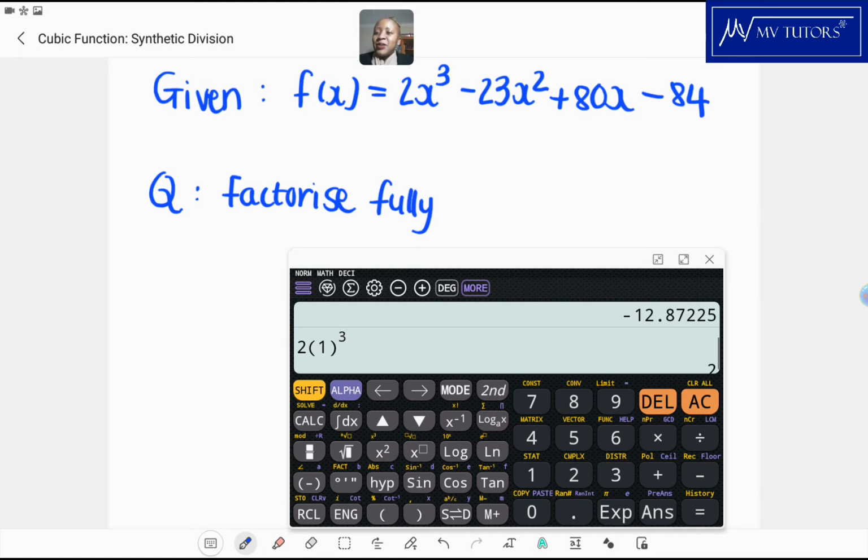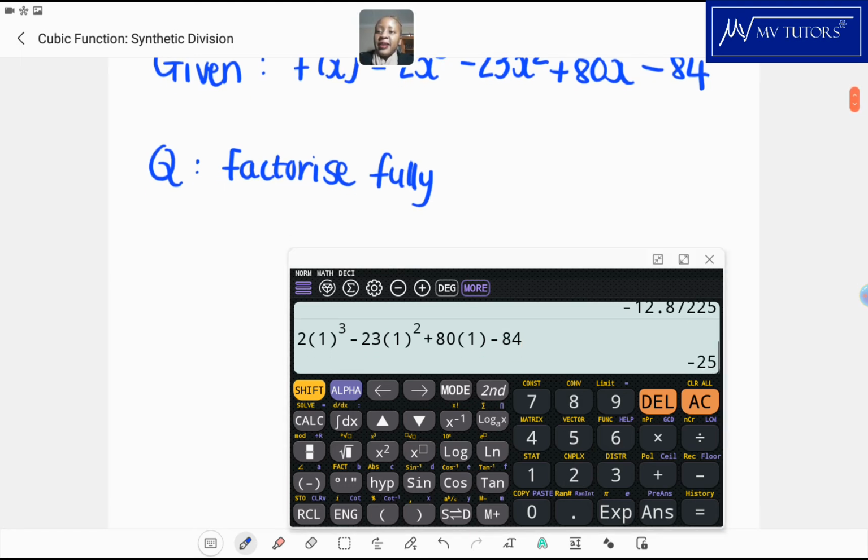So I have 1 to the power 3 minus 23 times 1 squared plus 80 times 1 minus 84. Okay guys, it is equal to negative 25, so no, that is not going to work. Let us try